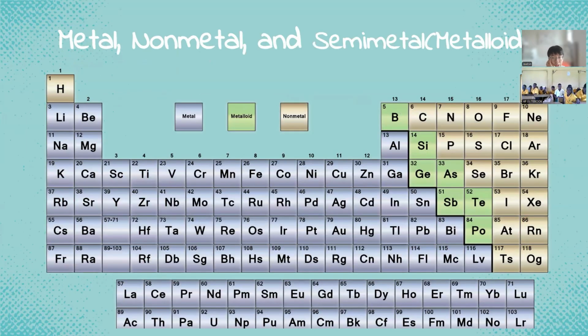So now we get into these different general groups. These simpler groups can be divided into 3 main parts. Those are metal, non-metal, and semi-metal or metalloid. You can see here that this periodic table is colored by these different properties. Metal is this purple shade, non-metal is this gold shade, and metalloid is colored in green over here.